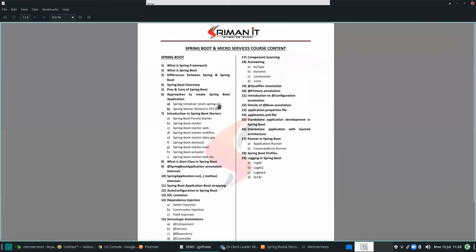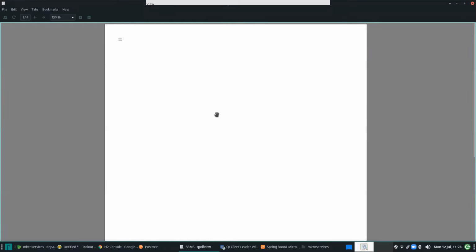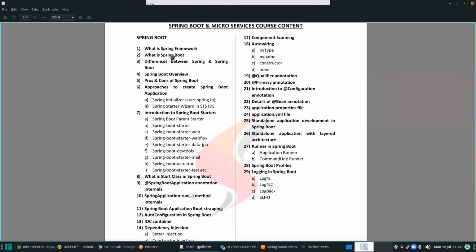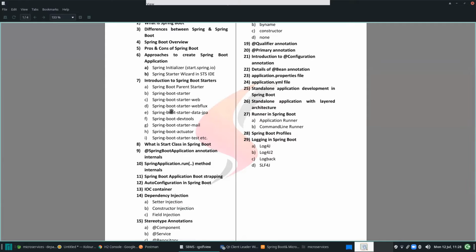Yeah, so it's completely designed for the freshers as well as the working professionals, so that they can start from the beginning. If they know the Spring framework, we'll start with Spring Boot and what is Spring Boot, how you will create it, how you'll connect to the database, how internally it will work.